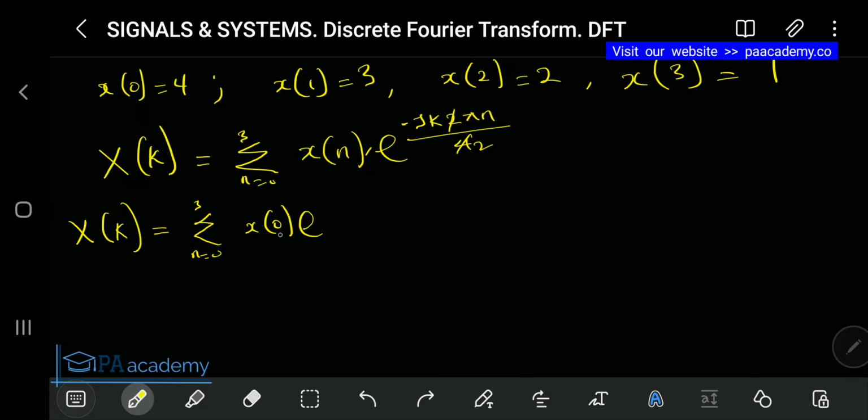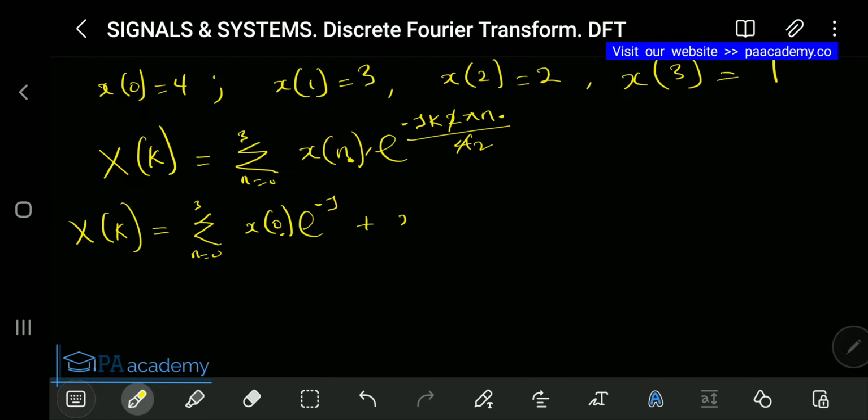So x of 0 exponential. Now this n, that means n here at this point is 0. So the same n here, if you bring it here, is the same n that will be here. I hope you get that. Now, once we use it to multiply everything that is here, we are going to be left with exponential minus j. Are we good? So now let's continue, then, plus